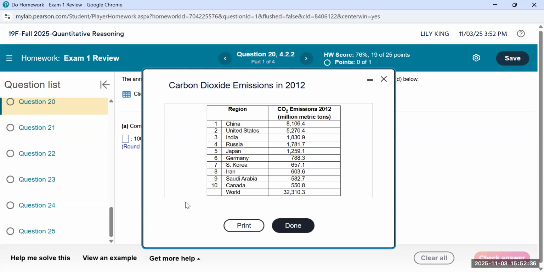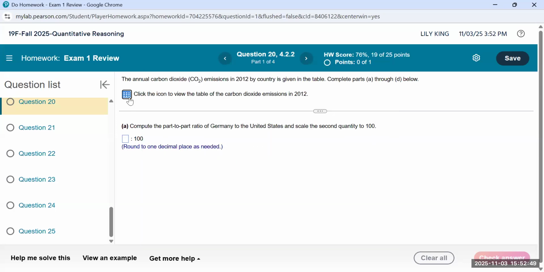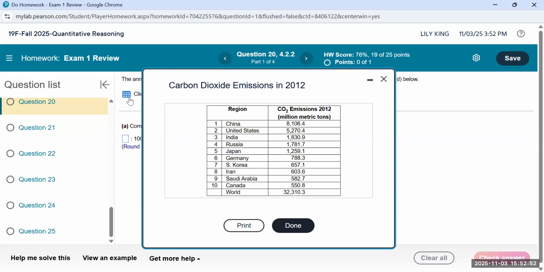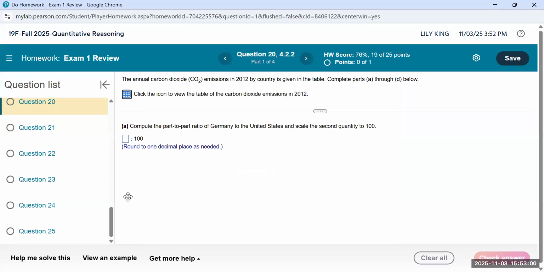So Germany carbon dioxide emissions in 2012 was 788.3. And we are comparing that to the United States. So the United States carbon dioxide emissions is 5270.14. So part-to-part ratios, the quantity that is named before the "to" statement is on top. The quantity named after the "to" statement will be at the bottom. So we're going to put Germany's carbon dioxide emissions on top of